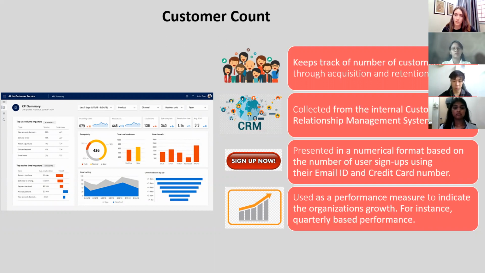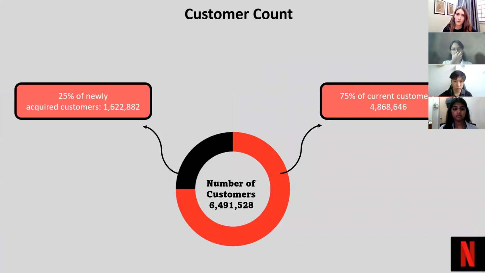Additionally, we have seen the benefit of applying this metric, that it could be used as a performance measure to indicate the organization's growth. For instance, it could be used every quarter to measure the performance that could be presented to shareholders. Next slide. We have come up with a scenario where Netflix has a total number of 6.5 million